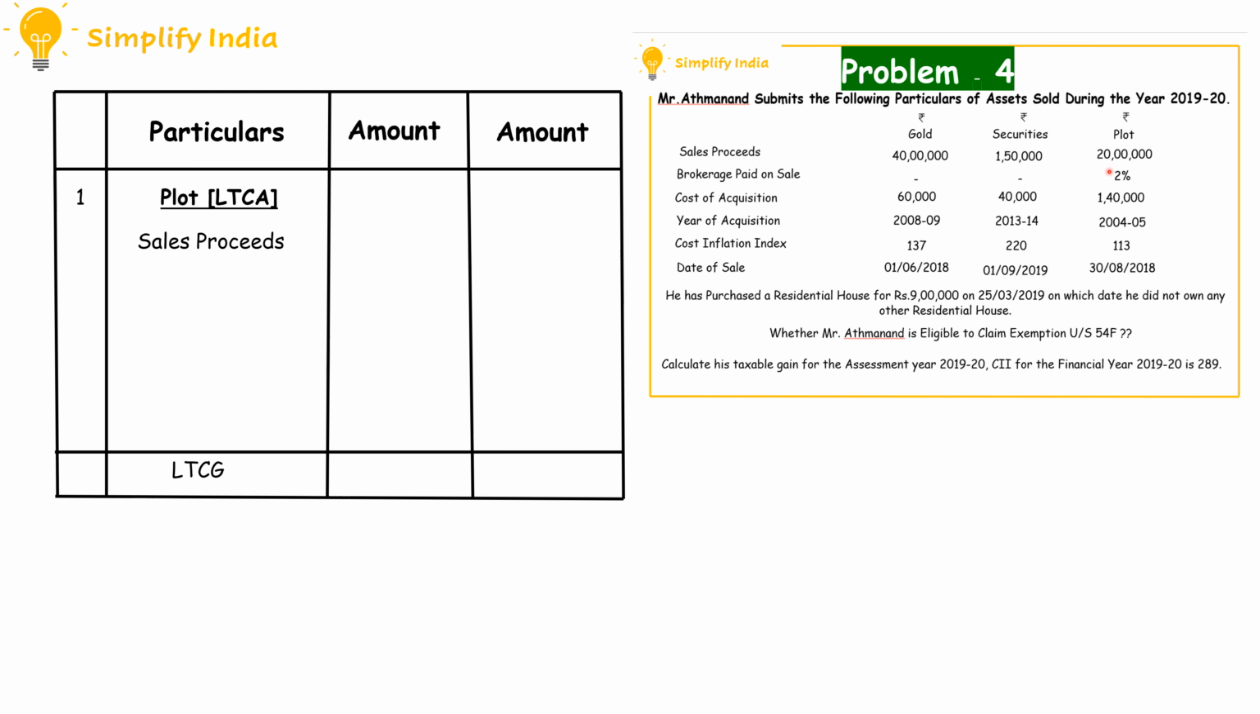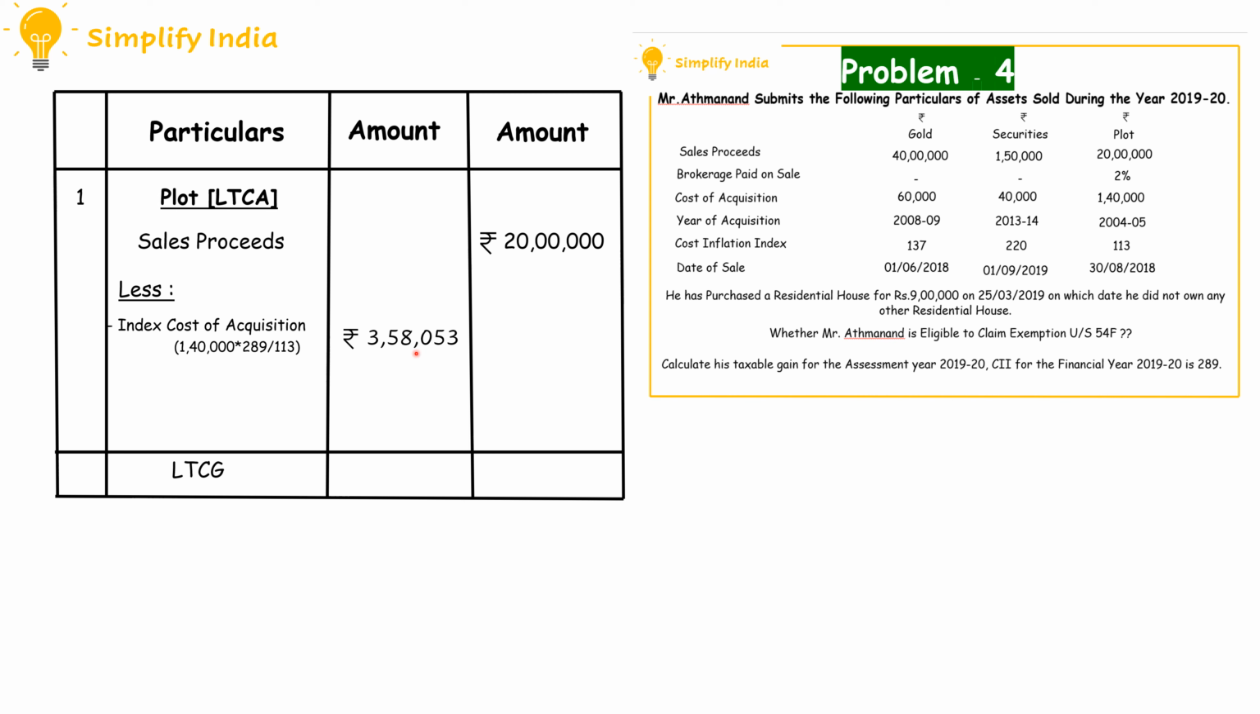First we have to take the sales proceeds, that is rupees 20 lakh, in the outer column. Next, as the given plot is a long term capital asset which has been purchased in the year 2004-5, we have to take the indexation benefit. Index cost of acquisition is equal to cost of acquisition, that is rupees 1,40,000, into CIA value in the year of sale. It is going to be sold in the year 2019-20, for which the CIA value is 289, divided by CIA value in the year of purchase. The plot has been acquired in the year 2004-5, for which the CIA value is 113. When we calculate rupees 1,40,000 into 289 divided by 113,